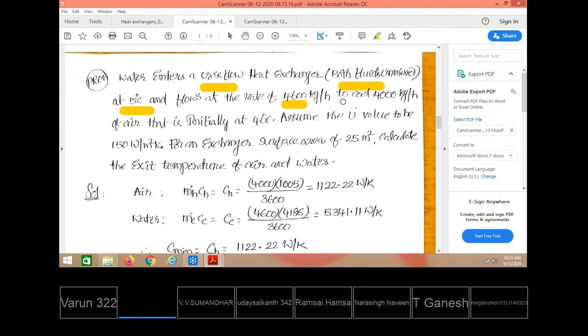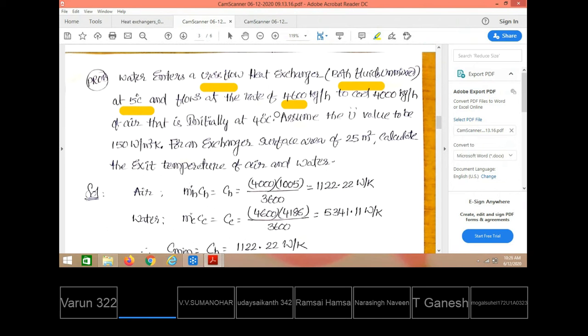Generally cross flow heat exchangers are used for gas applications. That means one of the media will be a gas. For example, in a radiator, even though the water is getting cooled, air is blown across the radiator tubes. So the gas there is air. Cross flow heat exchangers are also called gas flow heat exchangers. When one of the fluids in a heat exchanger is a gas, the kind of heat exchanger to be considered is the cross flow heat exchanger.